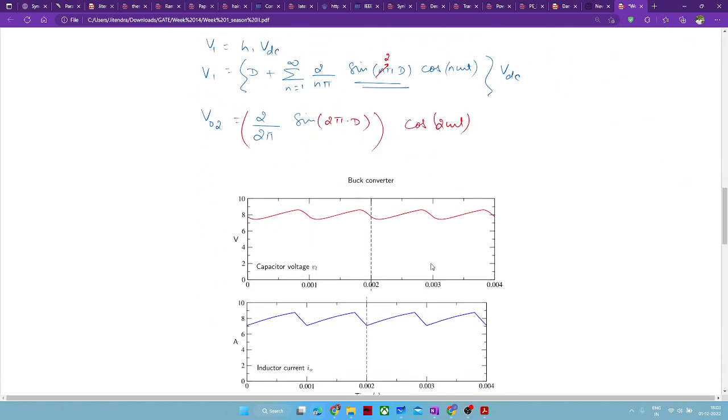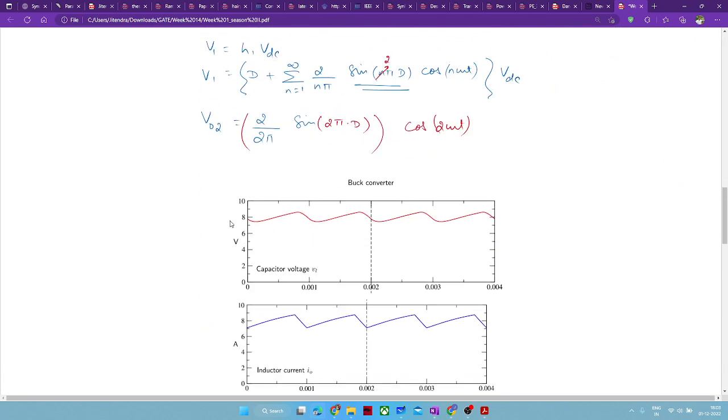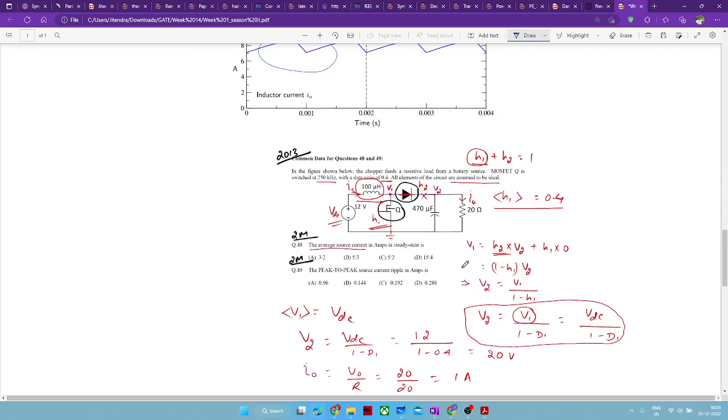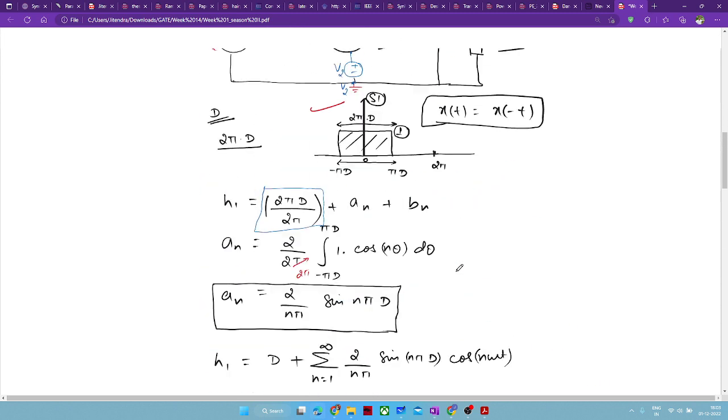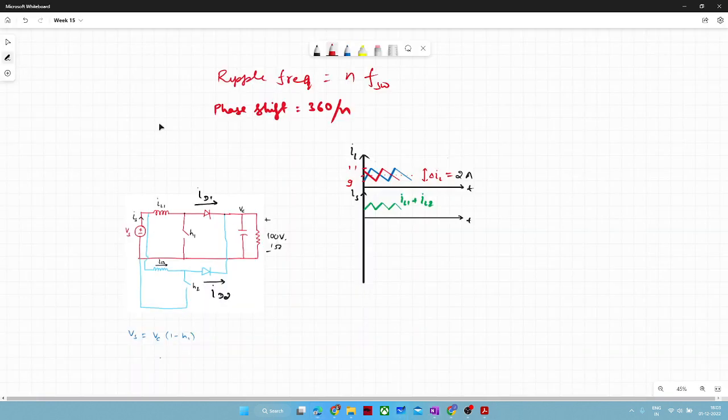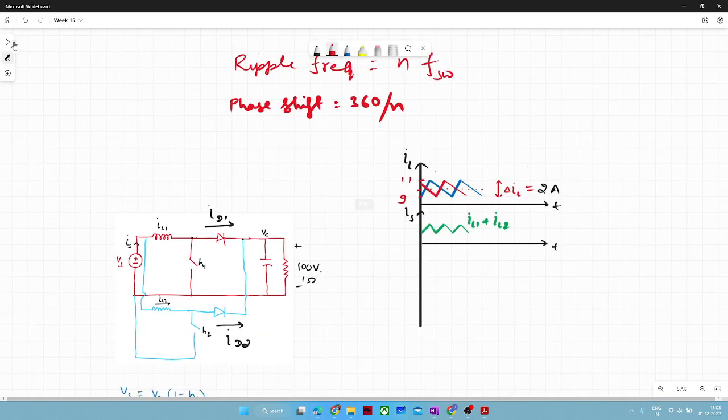we saw these things. These are the ripples in capacitor voltage. These are the ripples in inductor currents. And further on, we solved two problems based on boost converter and one based on interleaved buck converter. So moving ahead in today's class,